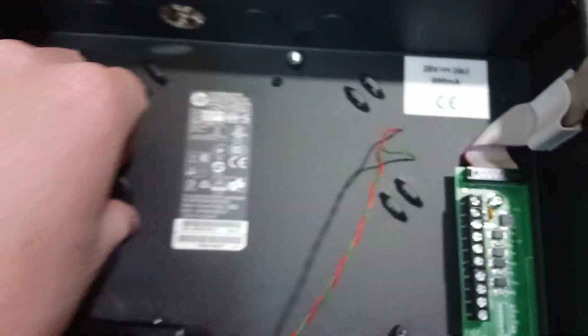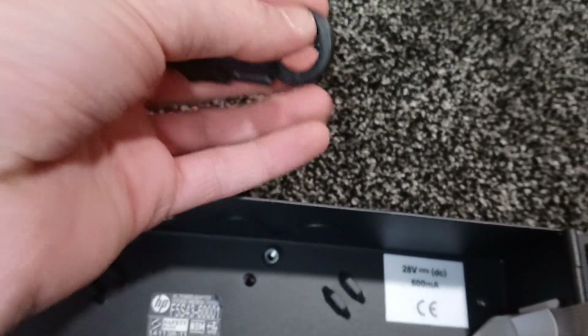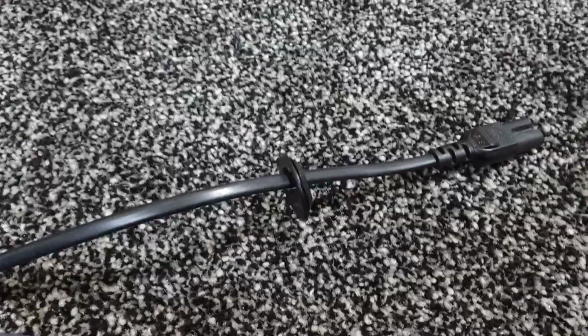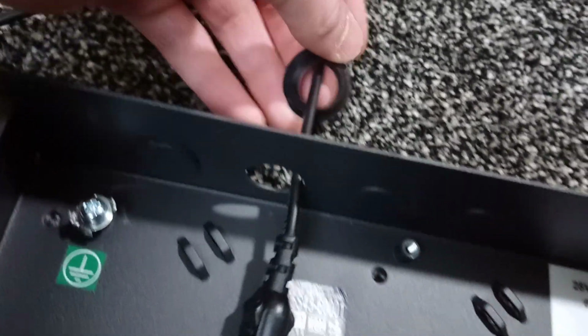So what you first want to do is thread this over there, so preferably got your fatter side on that over there like that. So you want to thread that down the wire. It should then look like this. Then what you want to do is push the plug that's going to the power supply on,